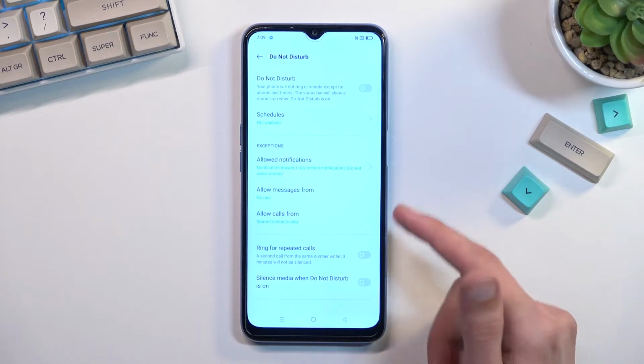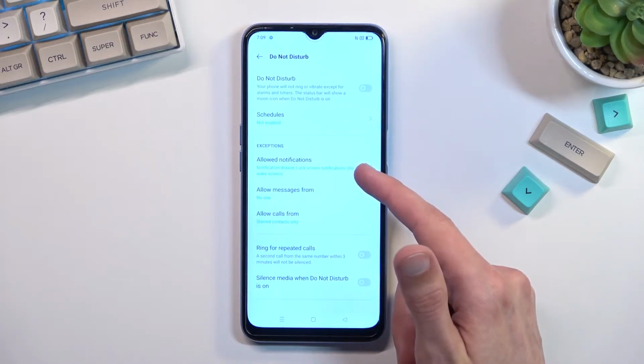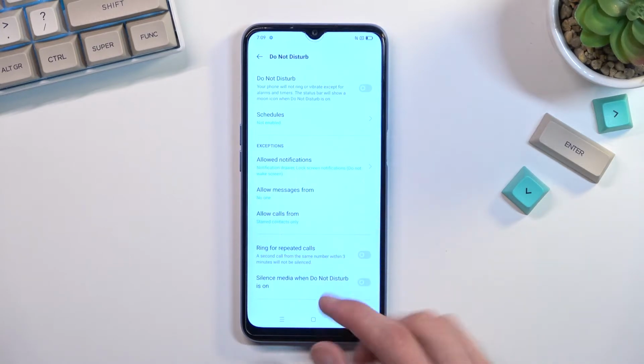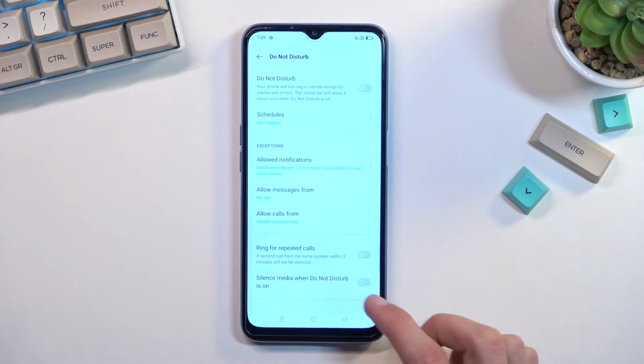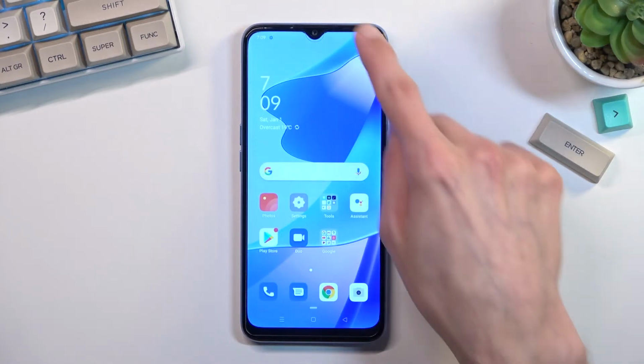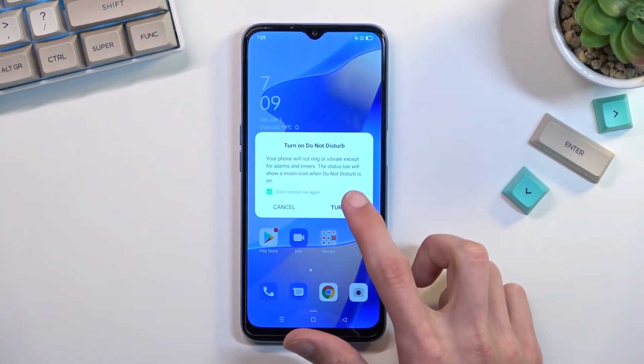So in here we have schedule, we have the exceptions for notifications, messages, calls, and then ring for repeated callers, and also silent media when Do Not Disturb mode is on. Once you go through this and customize it to your liking, you can close this and never come back here again. And whenever you want to use your Do Not Disturb mode, simply press on the toggle, select turn on,